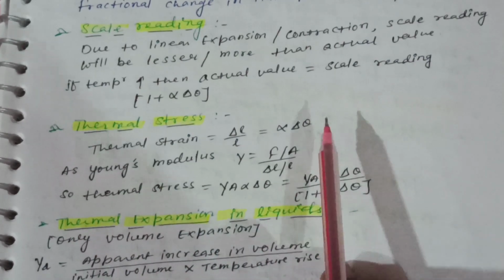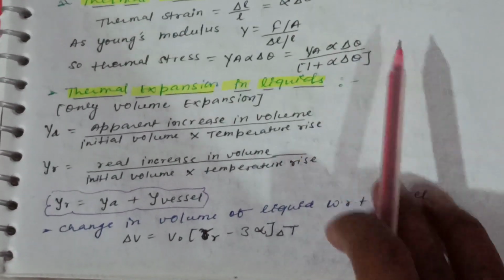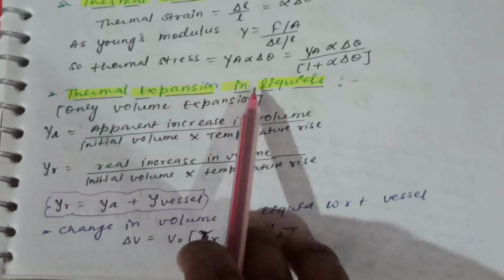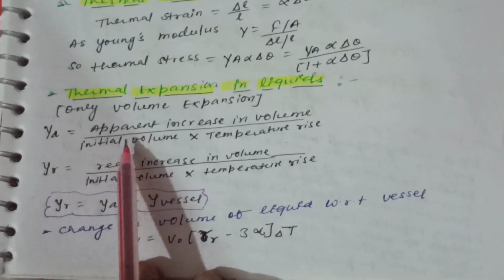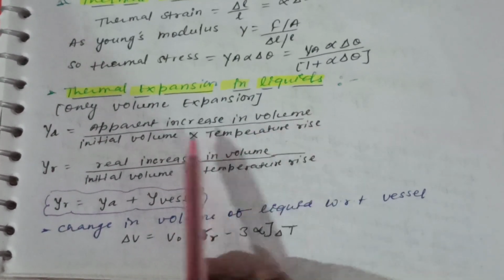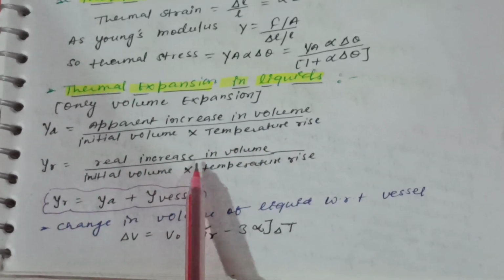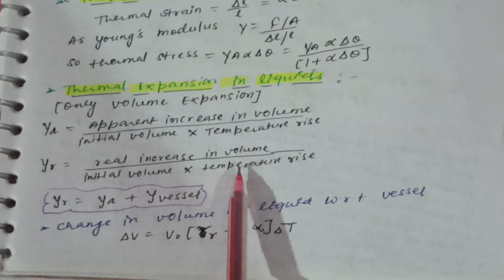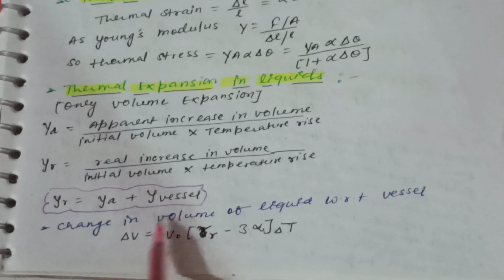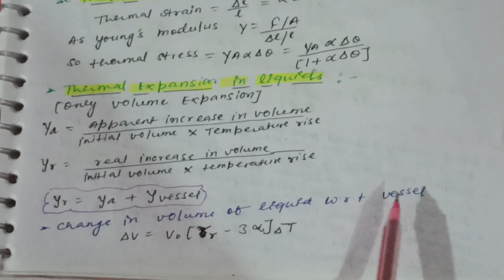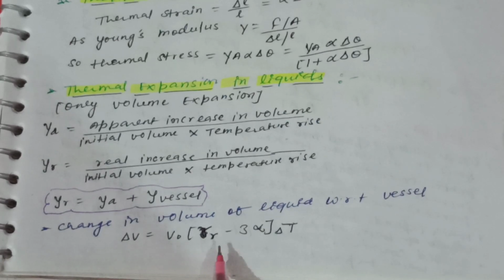Thermal expansion in liquid. Liquids have only volume expansion. Gamma apparent is the apparent increase in volume per initial volume per temperature rise. Gamma real is the real increase in volume per initial volume per temperature rise. Gamma real is equal to gamma apparent plus gamma vessel. Change in volume of liquid with respect to vessel: delta V is equal to V naught